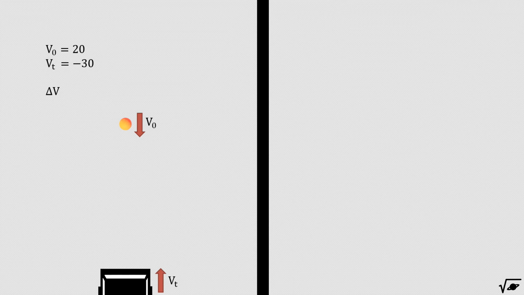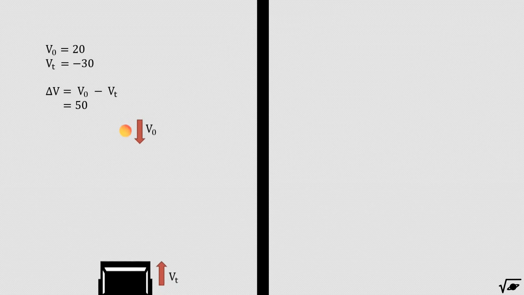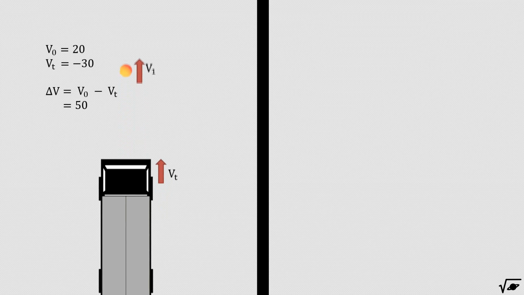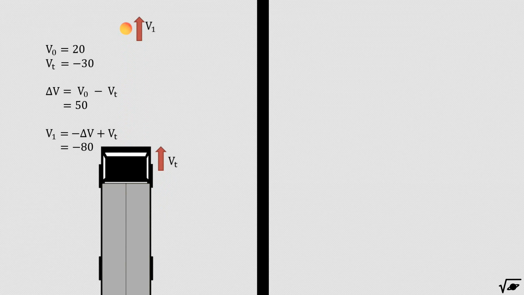Before impact, the difference in speed between ball and truck equals the speed of the ball minus the speed of the truck. So, for example, 50 km per hour. After collision, this relative speed will be the same, but in opposite direction, as we have concluded before. That means v1 will be equal to 50 km per hour relative to the truck, or 80 km per hour relative to the ground, an absolute increase of 60 km per hour, since the ball started at 20 km per hour. Well, a gravitational slingshot does exactly the same, except for the fact that it uses a hyperbolic orbit instead